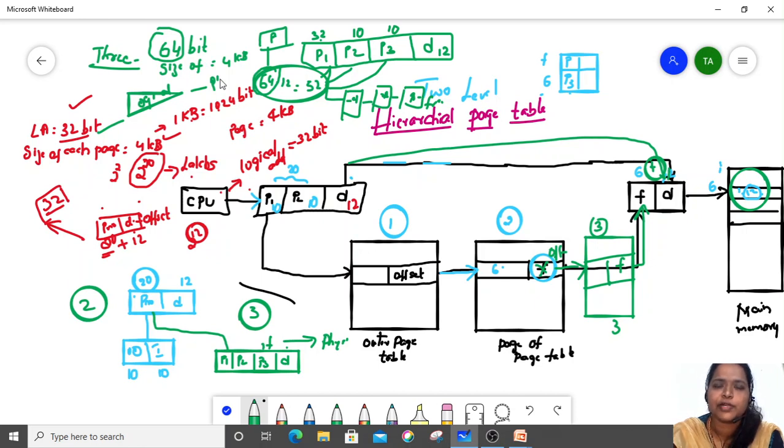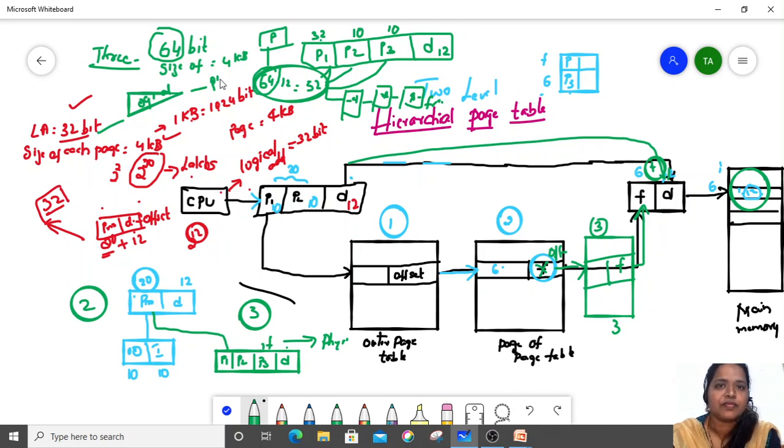Which unit will convert? The memory management unit. The memory management unit will make use of a page table. What is a page table? It is a data structure which is used to convert a logical address into a physical address. So the memory management unit, by making use of a page table, contains the information of which page has been loaded onto which frame. Suppose page 6 was loaded onto which frame? The 6th frame. By taking that information we find the address of a page in the main memory. So this is the hierarchical paging table.